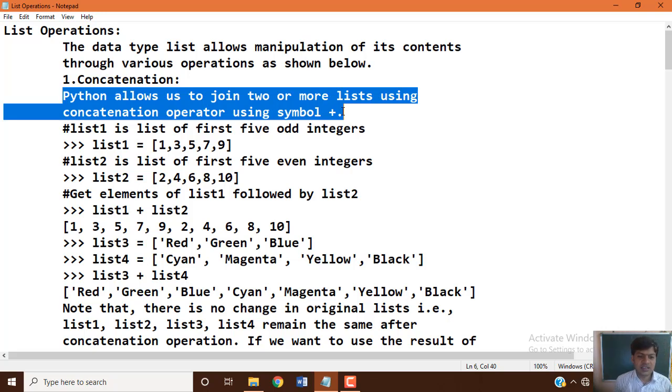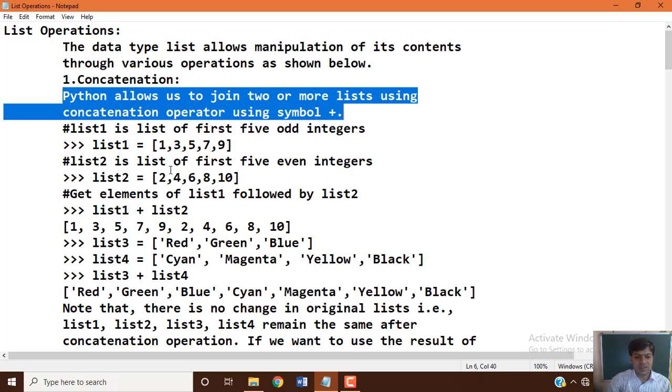List 1 is a list of the first five odd numbers. Now let's take an example of how we can perform this concatenation operation. List 1, which we took, has odd integers, 5 data items: 1, 3, 5, 7, 9.